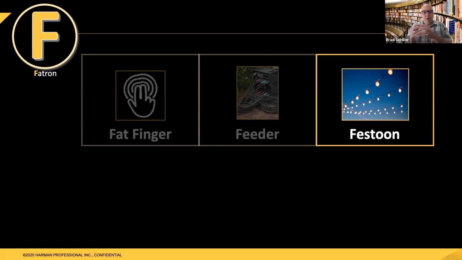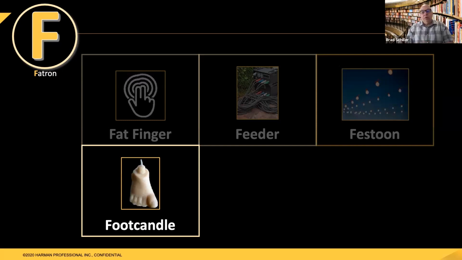Now you can get them with multiple pixels inside each one, or they could just be incandescent lamps. And what we see is this is used quite often in theatrical productions and in concerts even, because it gives a great random look on stage. They might fly in a whole set of festoons above the stage. And this originally comes from a decorative chain of flowers hung between 2 points. It evolved over time from flowers to lighting products, and it is a really nice element that's used in a lot of productions.